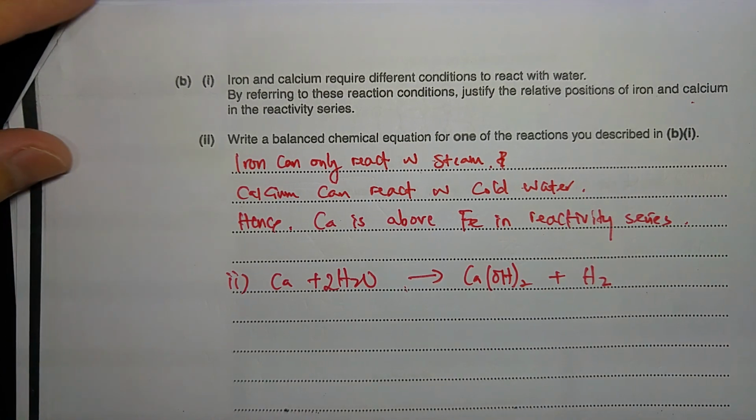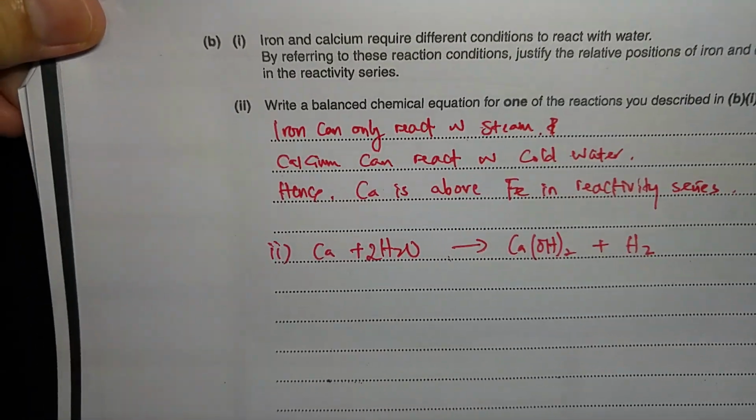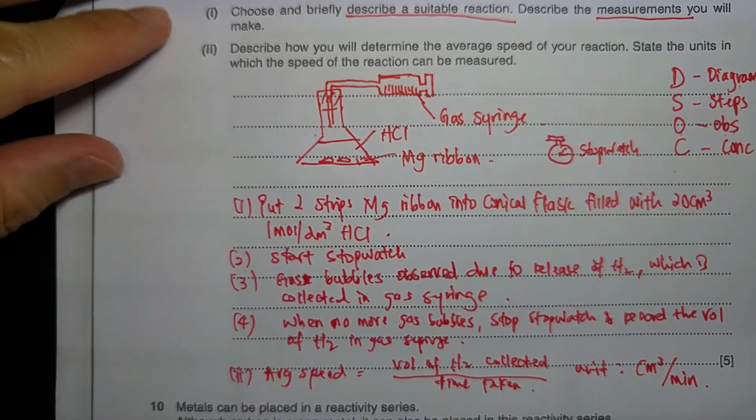So 2015 section B, it's a bit more challenging, but again, try to strategize it. Reserve at least 25 minutes for this question, for the section B. And try to always look at the marks allocated in order to determine how much you can write. And most importantly, read the question very